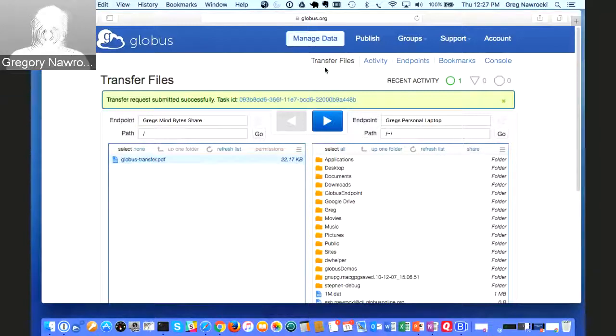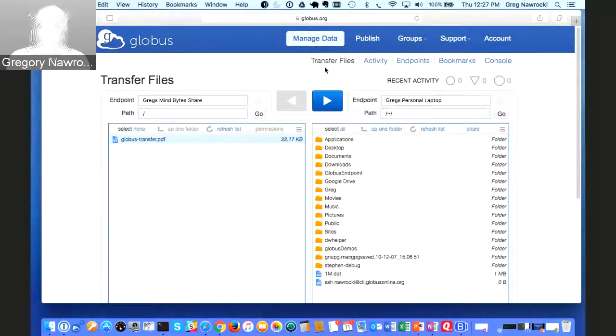So what I did now is I just took a directory on my RCC account and shared it with somebody, and then that person can go and get the file. Alternately, you can just send them an email. They'll be able to use their own campus credentials to log into Globus. If you got CI login credentials, that works fine.